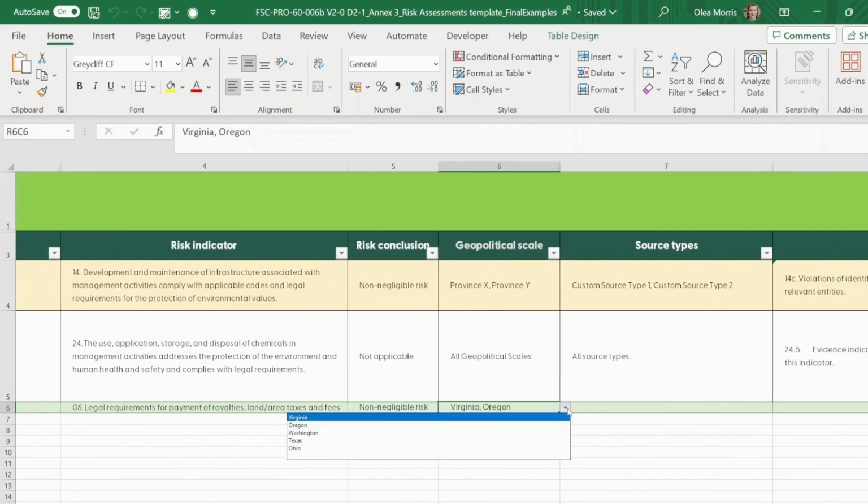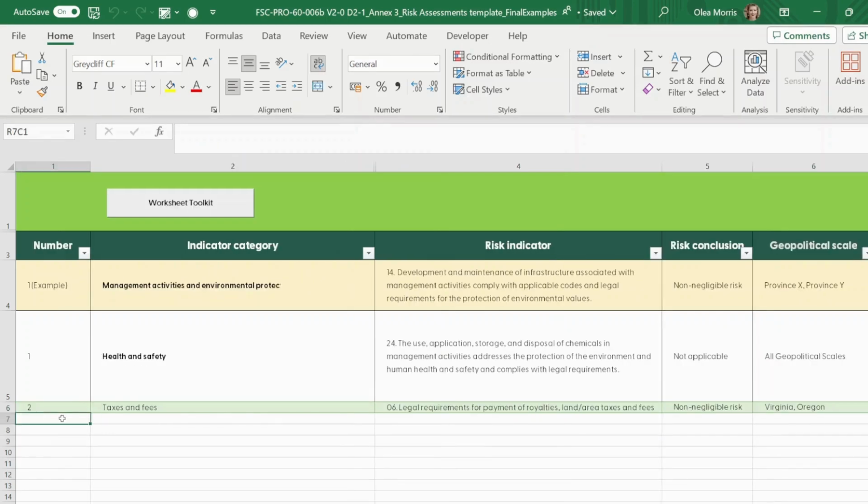In fact, I can select multiple ones. Let's add Washington to the list. You can take states or geopolitical scales off of this list by selecting it again. So I decided against Washington. Go back to Virginia and Oregon. For this